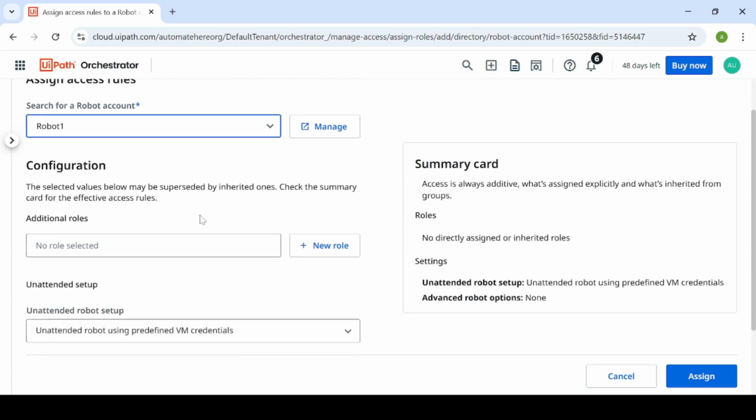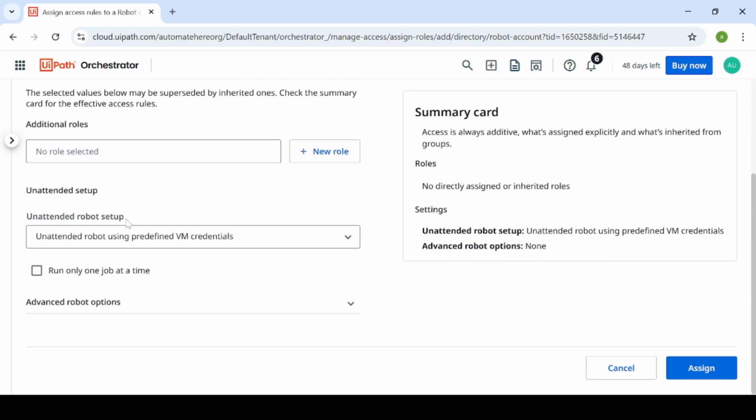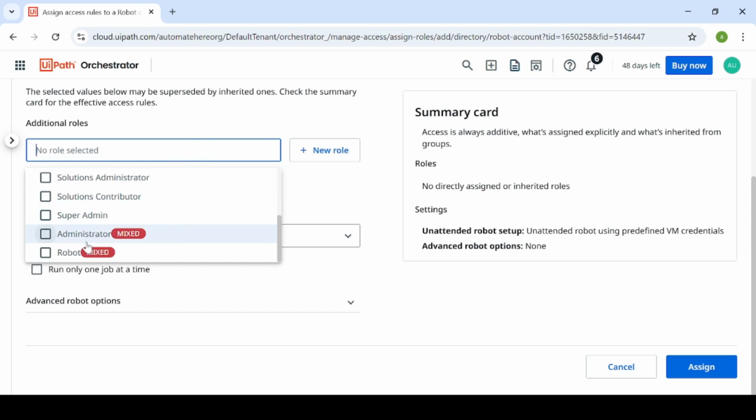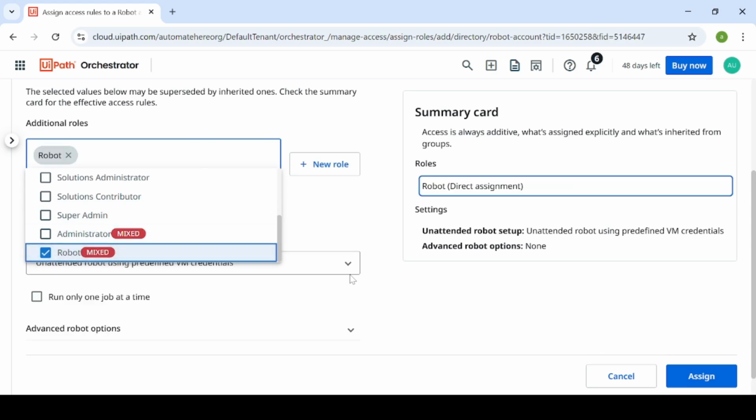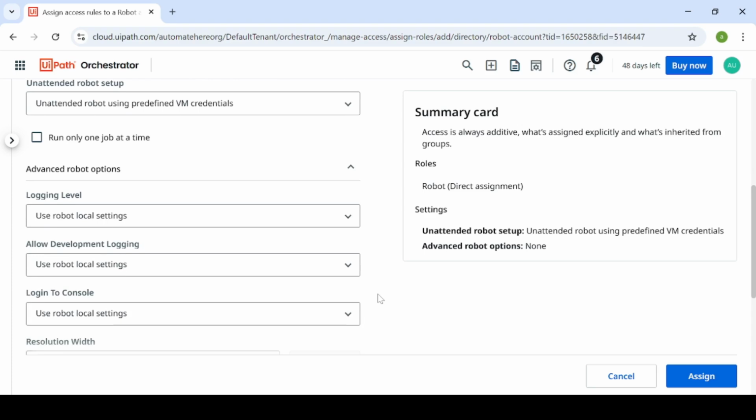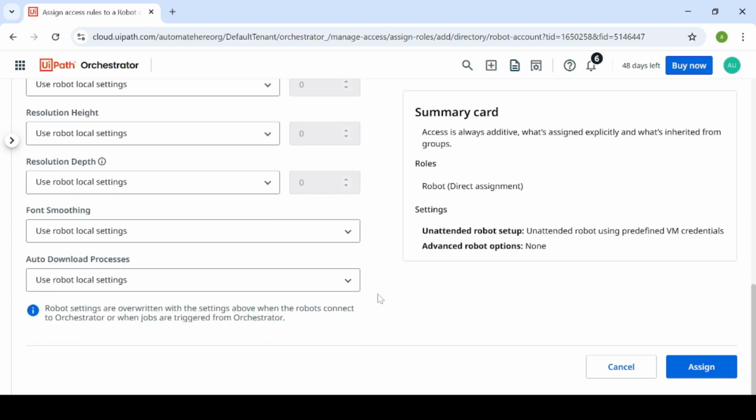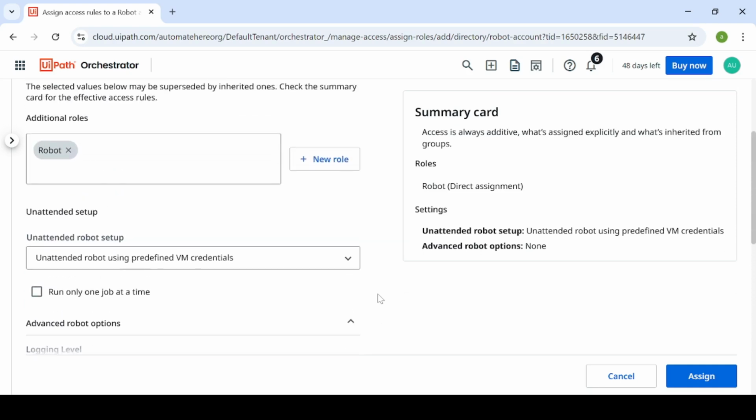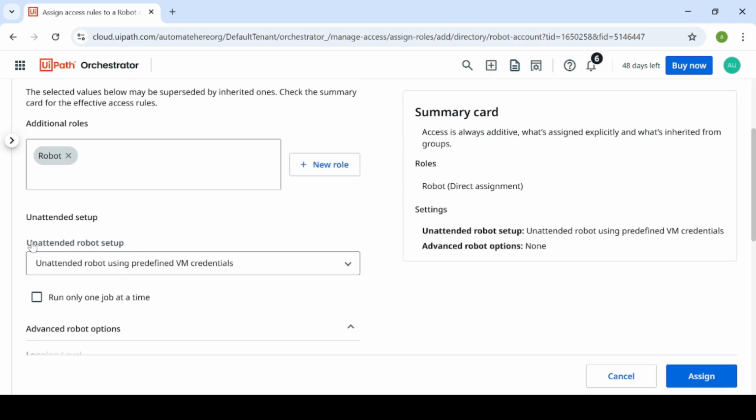Okay, now we have to assign it a role. As it is a robot, let's give it the robot role. Then you can come down. If you want to do any logging settings, you can do that here. Okay, and we have an option here,